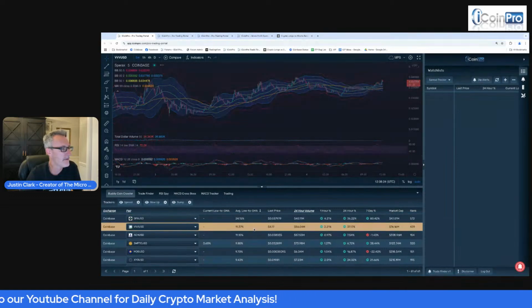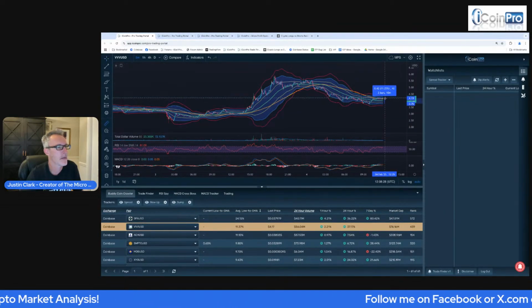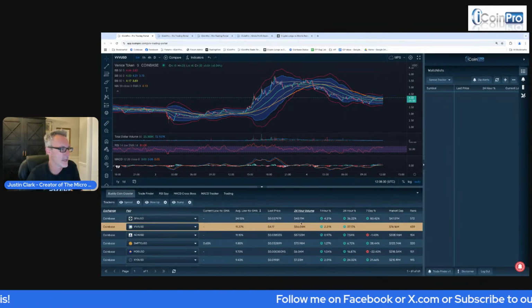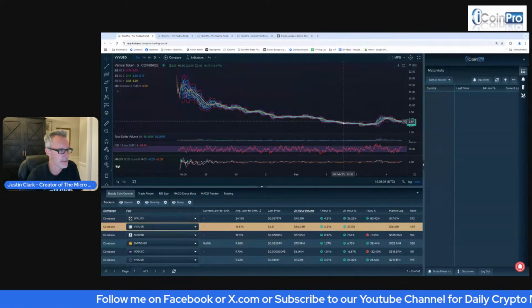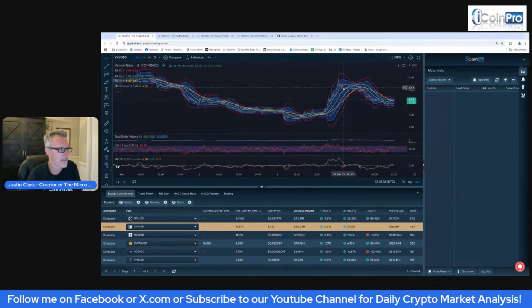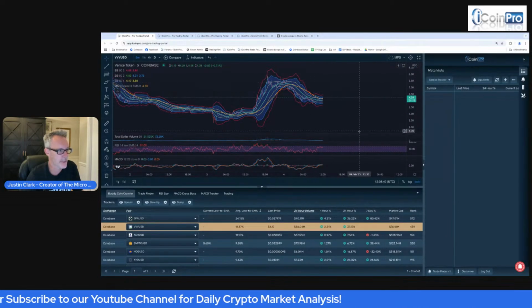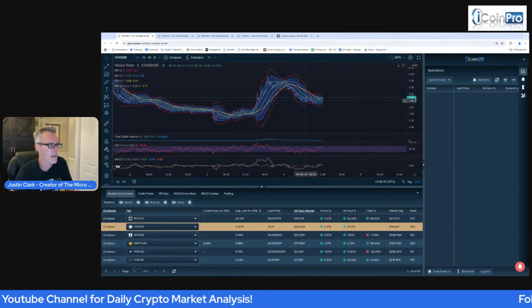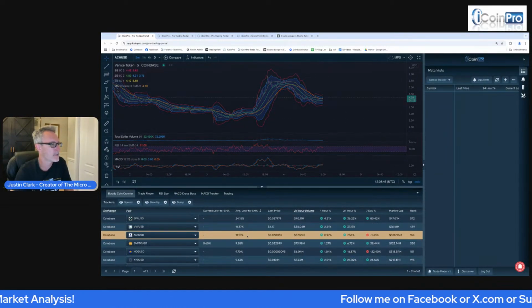So VVV is one that I've been having. I just traded it again this morning. VVV is one I've been enjoying trading because it was in just an eternal downtrend. Now it's gotten some upward movement, but whether or not it's going to continue that upward movement or it's just going to continue its downtrend, we'll see. But either way, I'm liking VVV right now for trading.